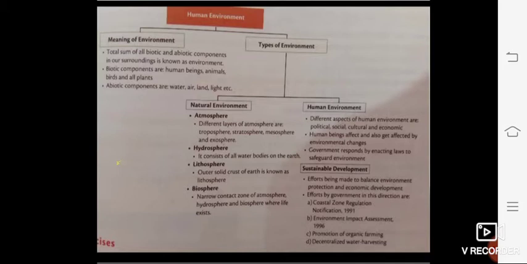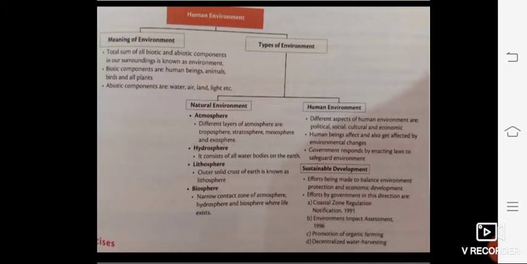Oceans make up 71% of the Earth's surface. They form the major part of the hydrosphere, right? And water is circulated in all realms of the Earth through the water cycle, which supports life on the planet. Oceans are a great source of food and mineral wealth. Oceans are not only important for trade and transportation, but also help in moderating the climate of coastal areas, right?